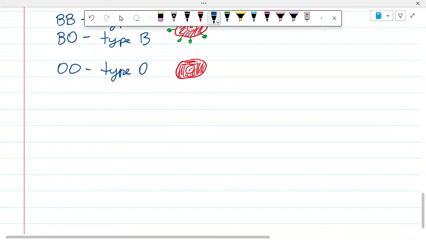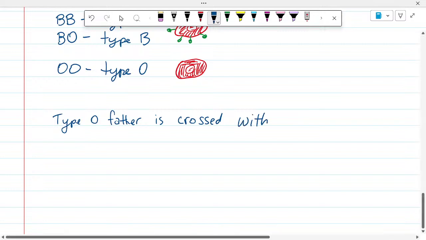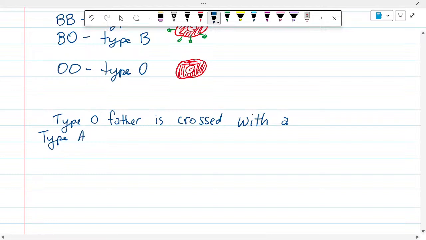Let's say we have a type O father is crossed with, which feels sort of euphemistic, a type A woman